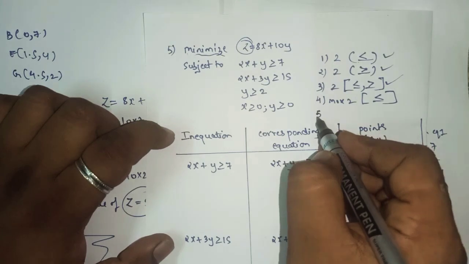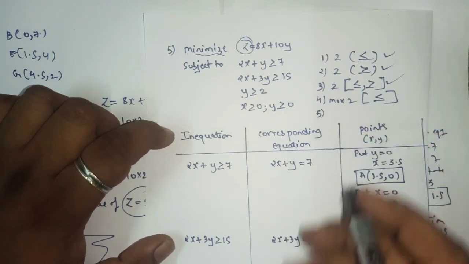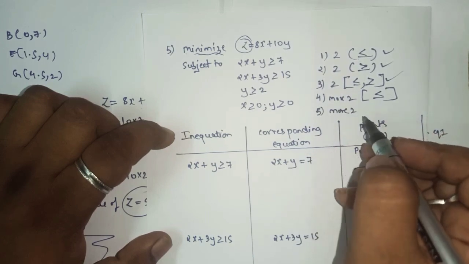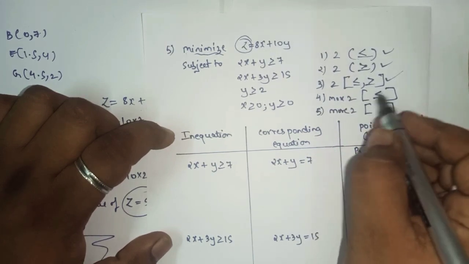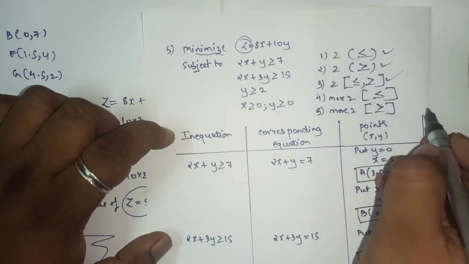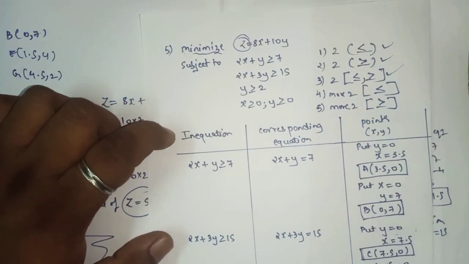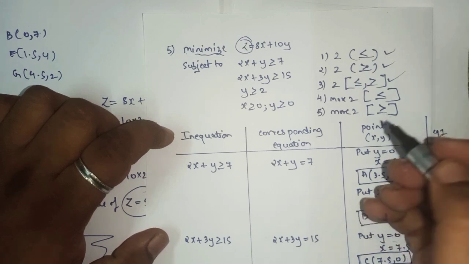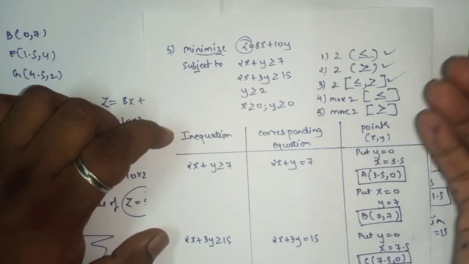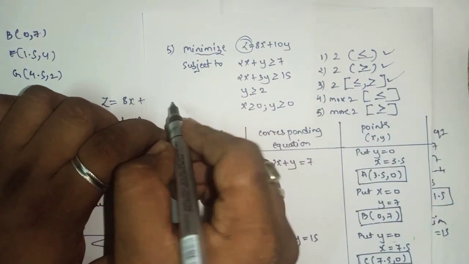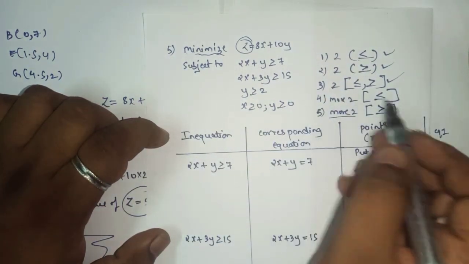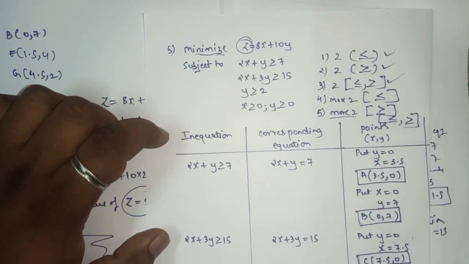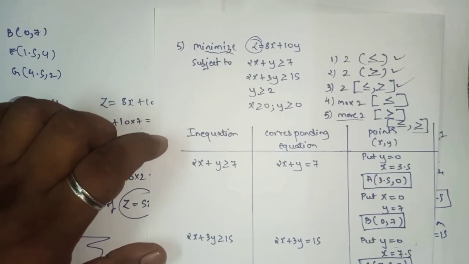Then after that, in the fifth sum, again we saw more than two linear inequations, but the connection for all three was greater than or equal to. Okay, so in the next lecture we'll take one or two examples where you will see more than two linear inequations containing both less than as well as greater than. So in the next lecture we will complete this graphical method.